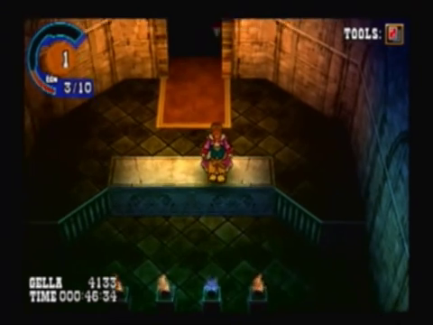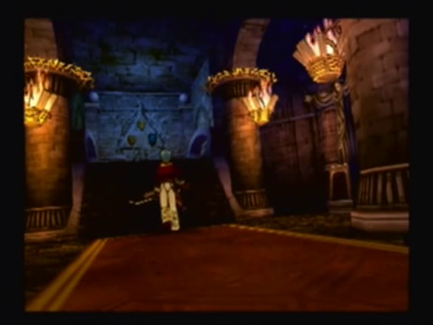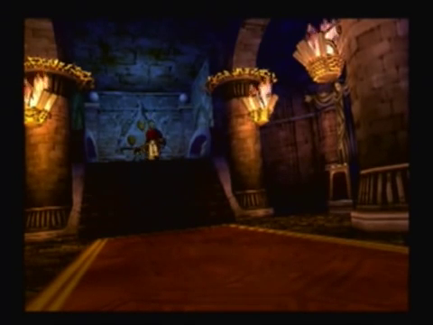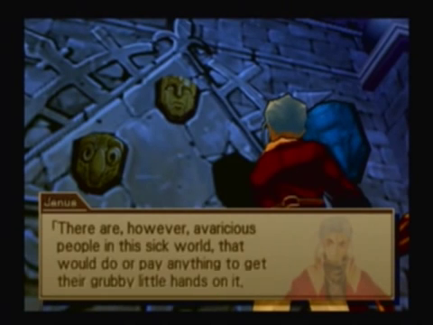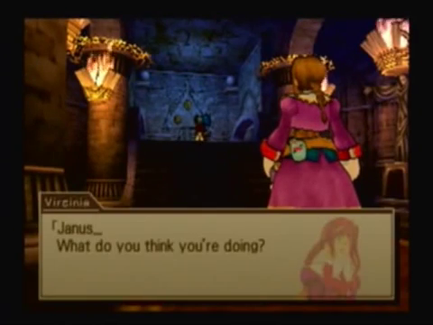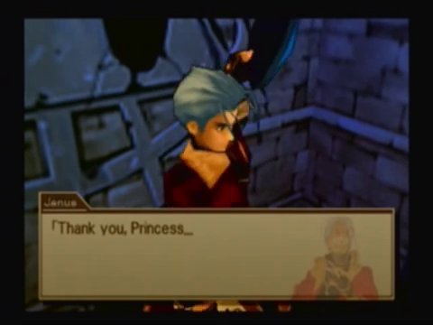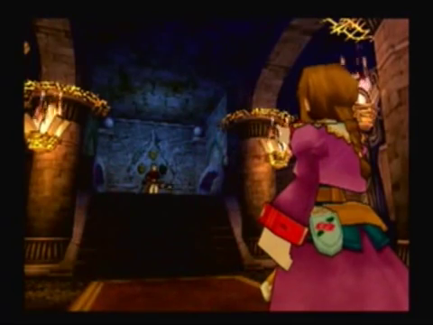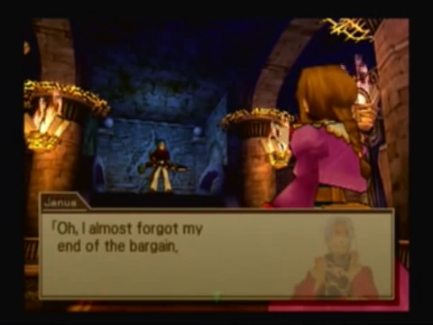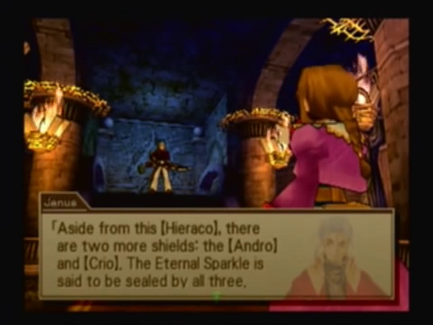I light that on fire again. Platform goes up. And here we are. Janus, being the man of the group, goes up to it and just snatches it. Wow, what a shock. He double-crossed us. Didn't see that coming at all. Then again, I've played the game, so I guess I did see it coming, but, I mean...